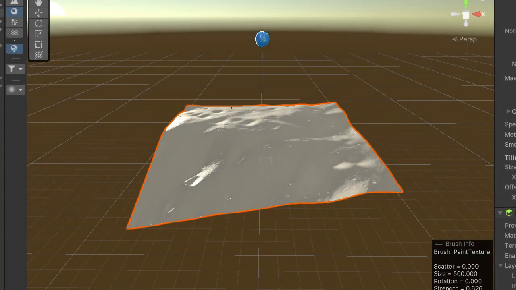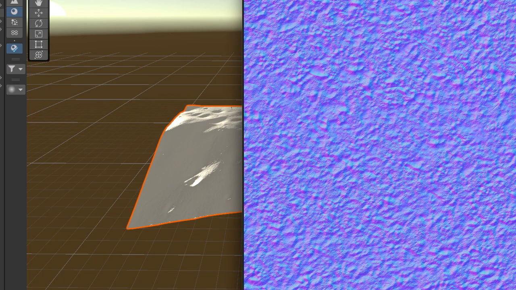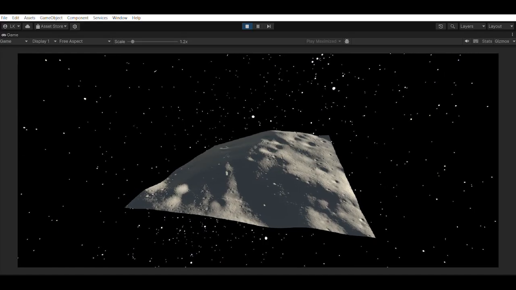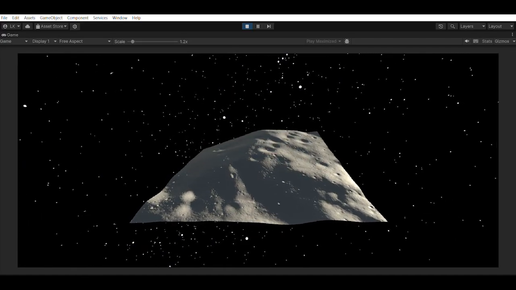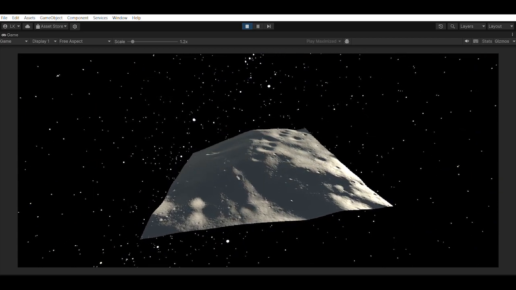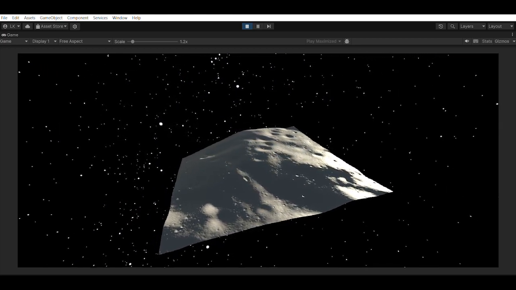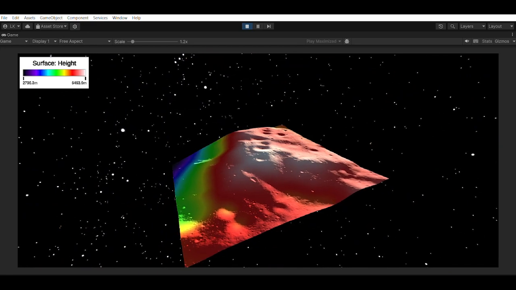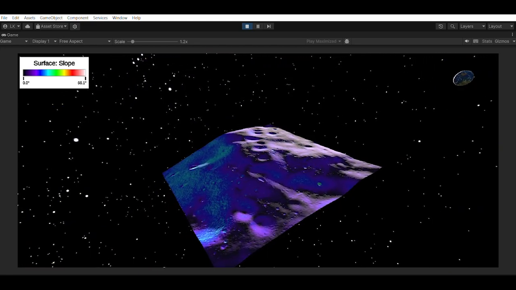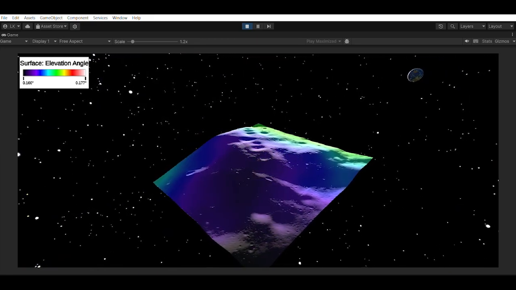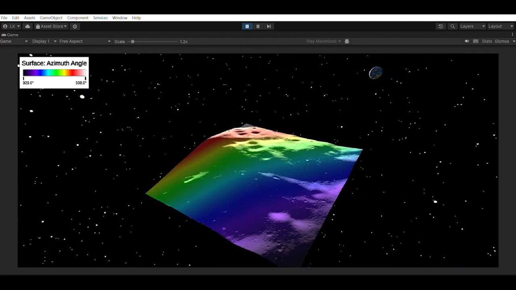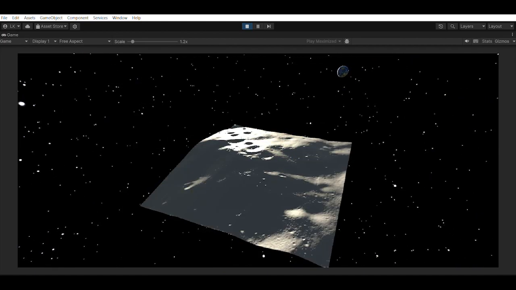We built the landing site in Unity by converting the height data given to us to a 16-bit image and imported it into Unity's terrain tools. We used a lunar surface image with a normal map to add an extra 3D texture to the terrain. Our app visualizes all the data provided to us about the Leibnitz Beta Plateau through color maps and on-screen data points. The color maps we created and displayed directly on our terrain include the height, slope, azimuth angle, and elevation angle. These color maps and the gradient were made with our own functions in Python.